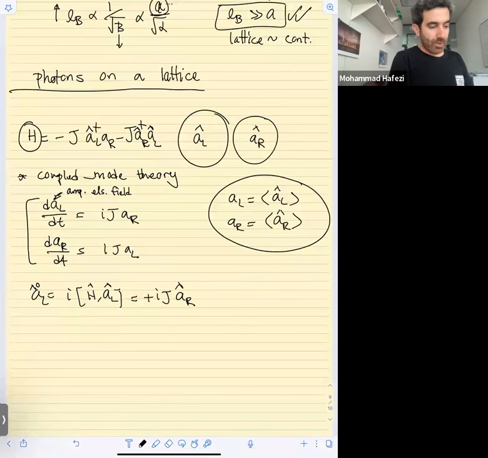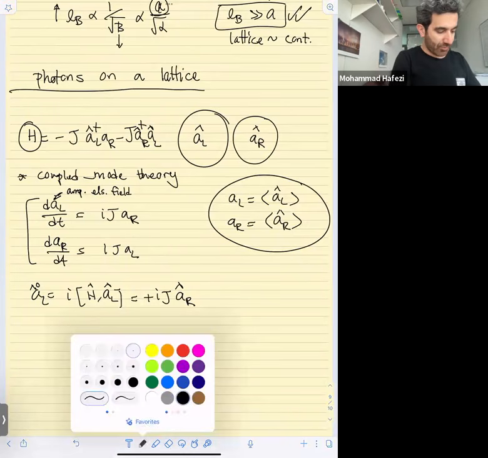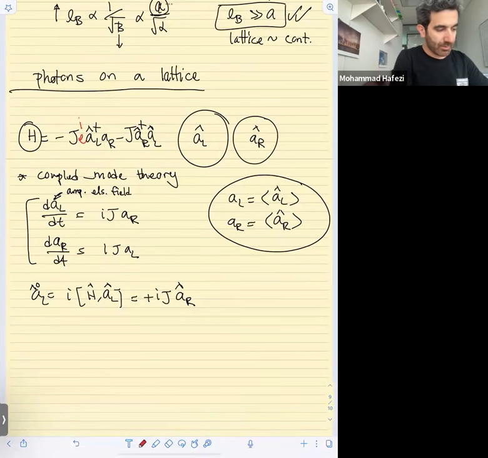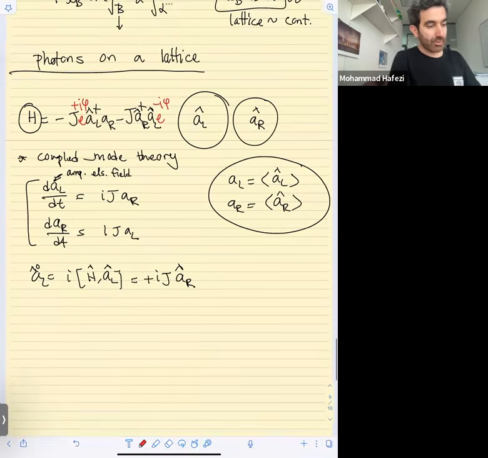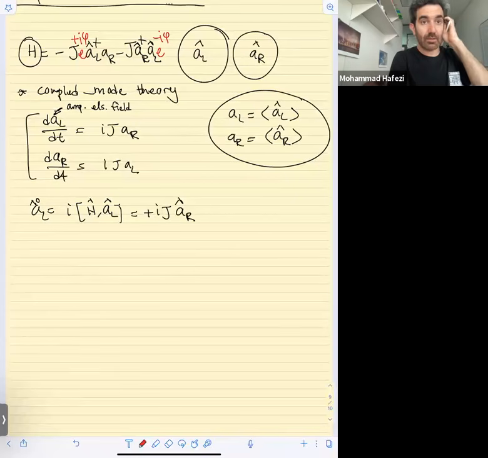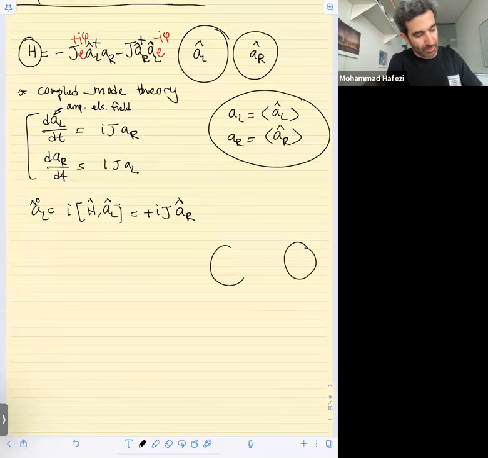Now, what we want is to put some phase over here. That's all we wanted, that we learned from the previous discussion, that we want to put some phase in between. In order to do that, we can do some trick, and that's what we are going to study in the next like 10 minutes. Okay, so what we want to do is take one resonator here and one resonator here,